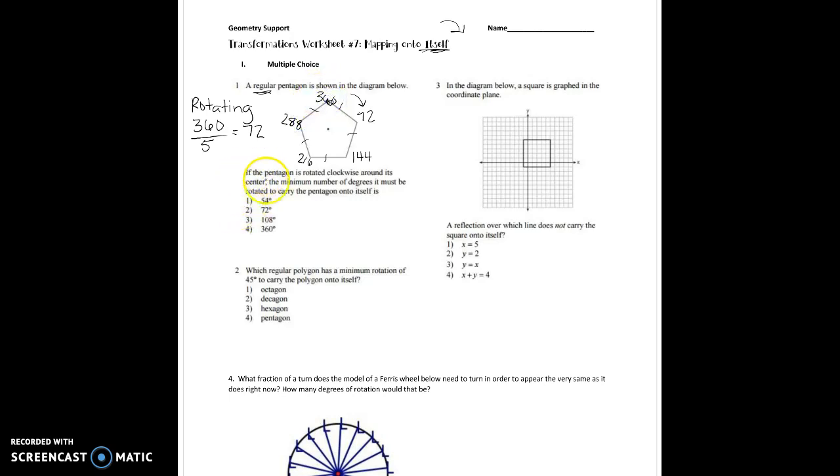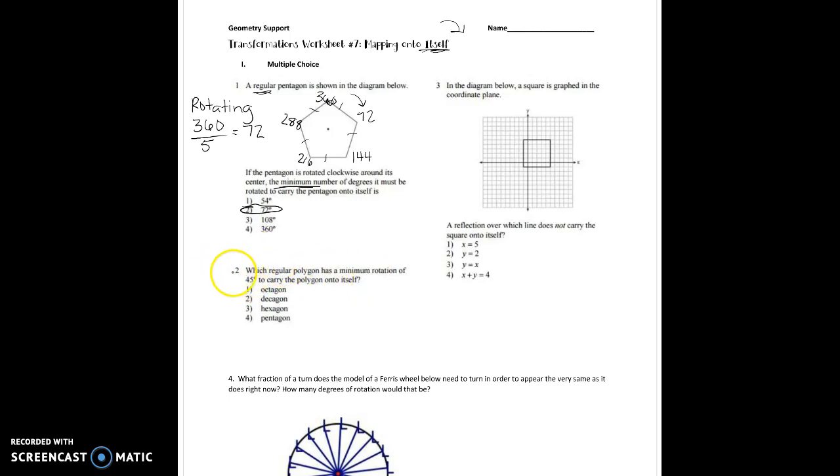So the minimum number of degrees needed to rotate it onto itself would just be that initial 72 degrees, okay? Because it's asking for the minimum. Obviously, if I rotated it 360 degrees, I'd end up in that place as well, but this question was asking about the minimum,